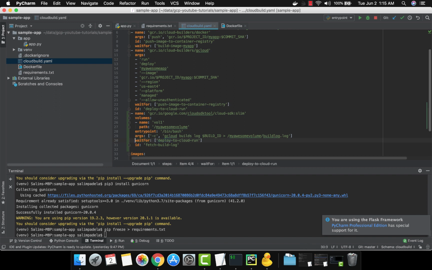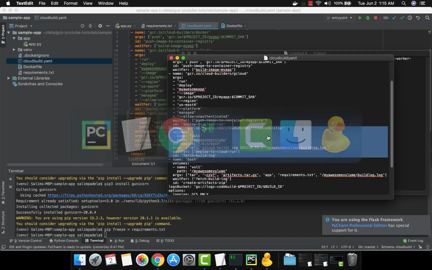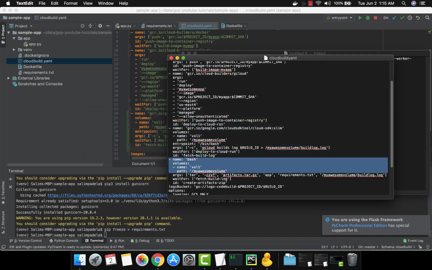I'm going to wait for the deployment to happen. So that is my step 3. I'm going to wait for step 3 to finish, and then I'm going to fetch the logs. So now that we fetch the logs and our logs are in the build log.log, what else do we want to do after this? So let's push this